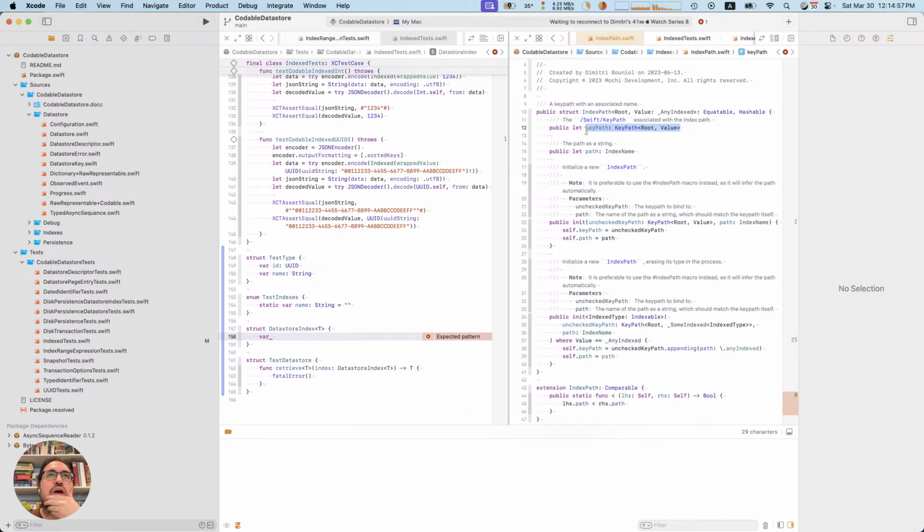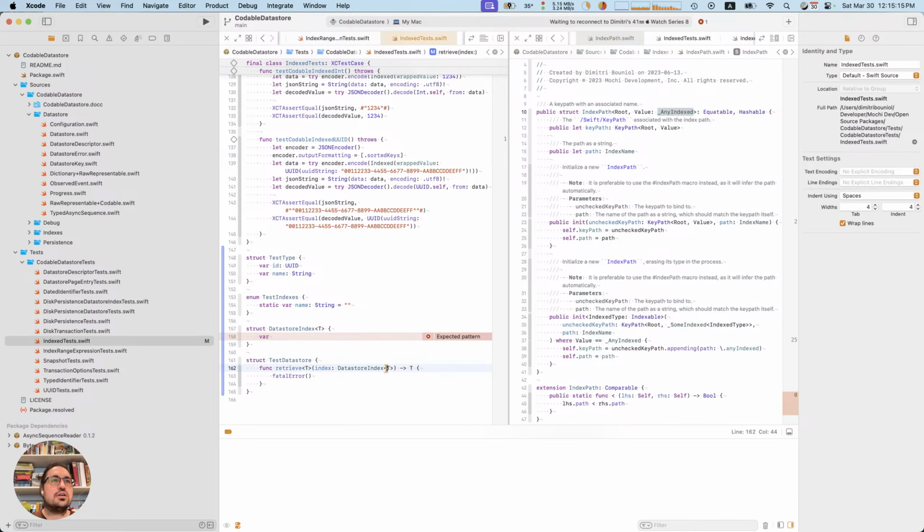Does the value matter? So this returns one of these things, which I guess I was using, but maybe I don't care about that. I mean, what do I need out of the index?